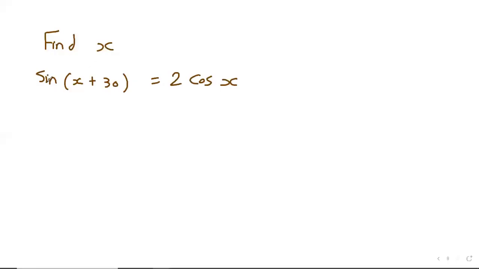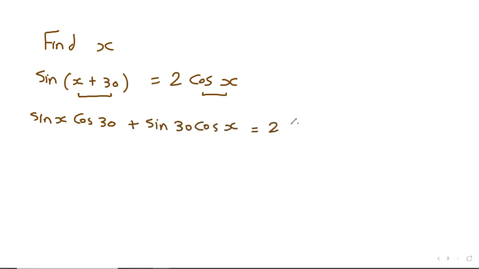I want to get x. The question is sine of x plus 30 equals 2 cosine x. Sine of x plus 30, we can apply the rule of sine, the sum of two angles: sine x cosine 30 plus sine 30 cosine x, that is equal to 2 cosine x. So cosine 30 is root 3 over 2, so write it as root 3 over 2 sine x, plus sine 30 is half cosine x,